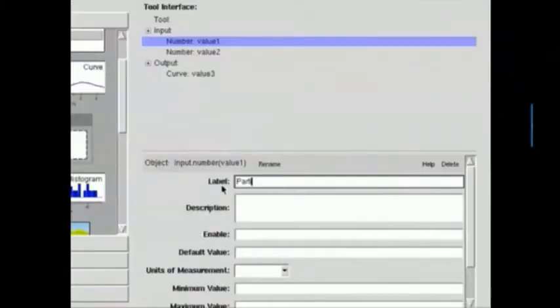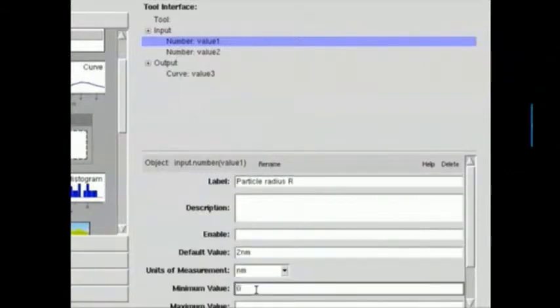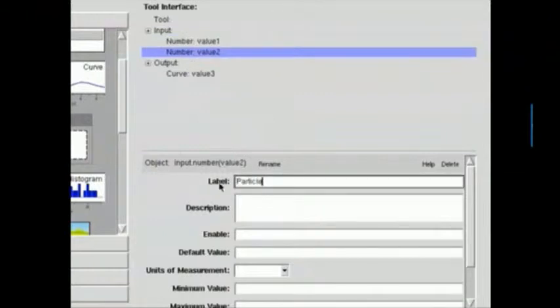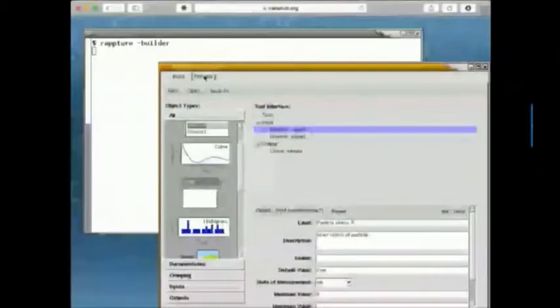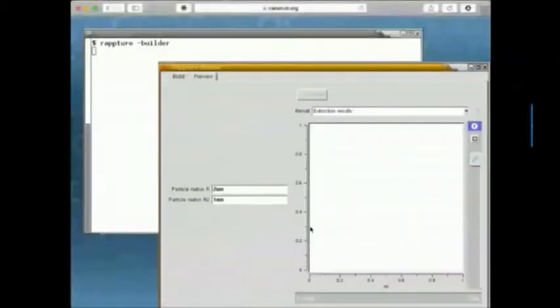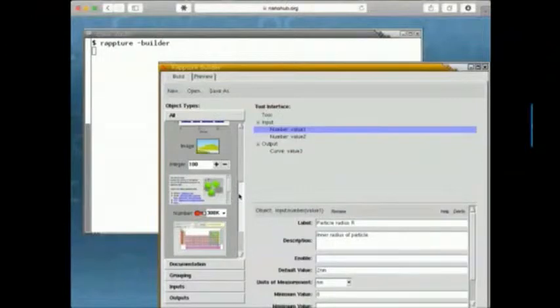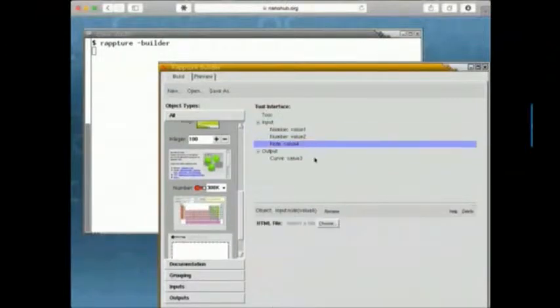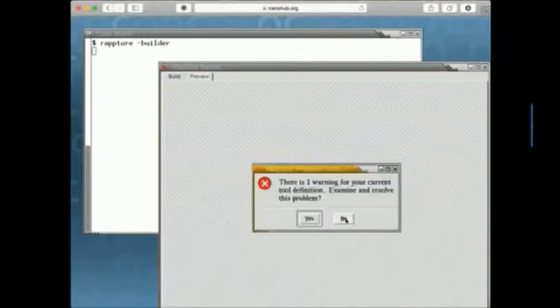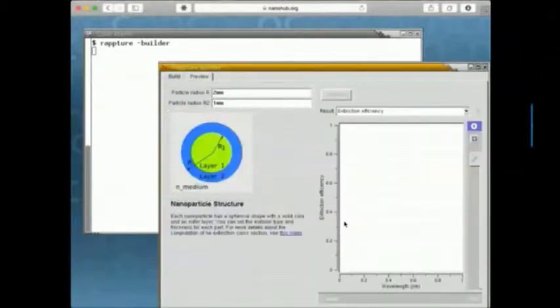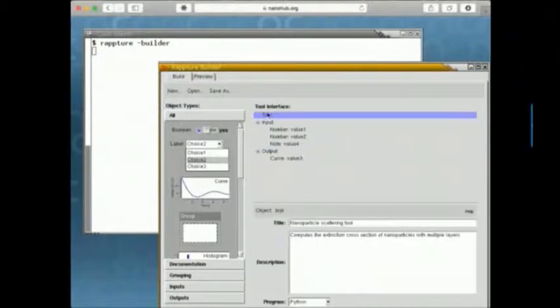But a lot of people come to us and say, well, I've got this old Fortran program written for the command line, or an old C program. And so this Rapture toolkit that you're seeing here is a really easy way to create a graphical user interface for those old programs. You drag and drop a couple of number controls, and you say it produces a curve, and you annotate it with a label and description and units. Here I'm adding a note, a little bit of HTML documentation to the tool. And again, I can preview the tool and see this is what my tool is going to look like: 2 numbers on the left produce a curve on the right. So I'm in pretty good shape creating my tool here with drag and drop.